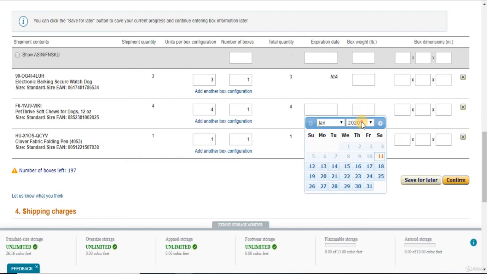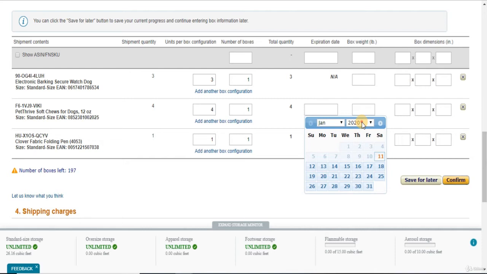So click confirm, click calculate, and this would be $15.53. And let's go ahead and click I agree, accept charges, and you have 24 hours to void charges. So obviously I'm going to go ahead and void charges after this example, but normally you would hit print box